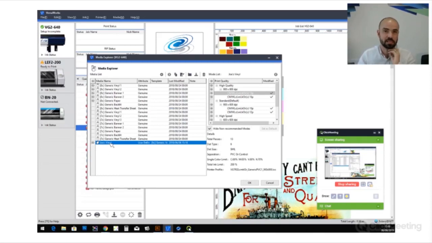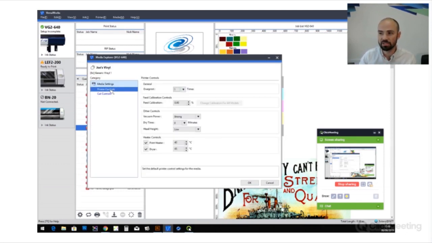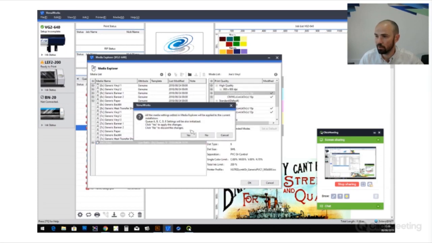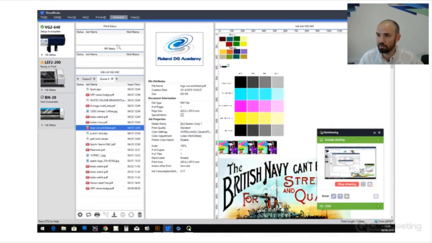At the moment, it's got all of the exact same settings as my generic vinyl setting. But if I double click on this, it opens up the printer control settings and the cut control settings. So what I can do here is change the feed calibration within the profile setting. I'm also going to change the heater settings because I've done some tests. For example, this material doesn't quite need as much heat on the printer or the dryer. So I'm just going to tweak that a tiny bit. Okay, if I click on OK now and come out of my Media Explorer,